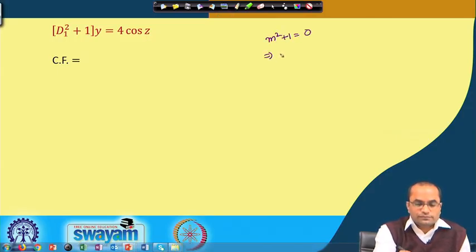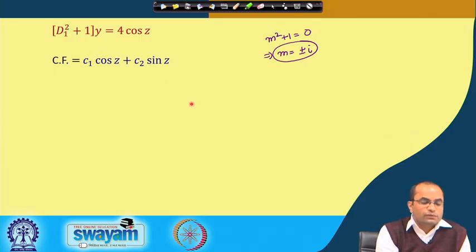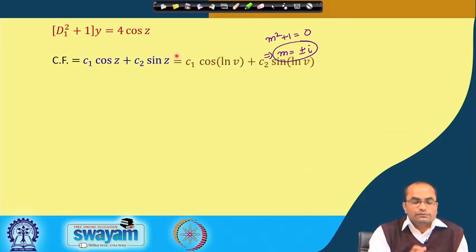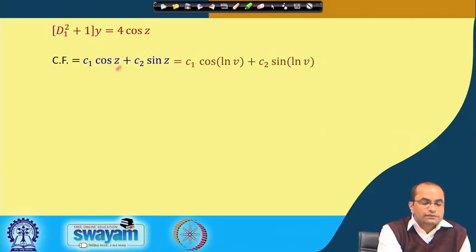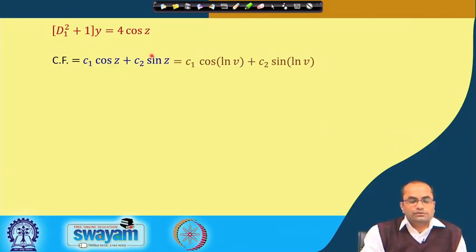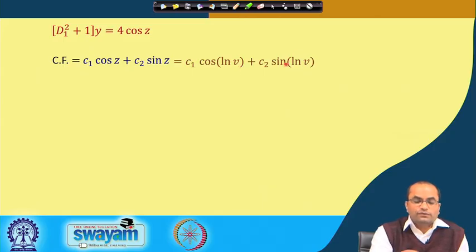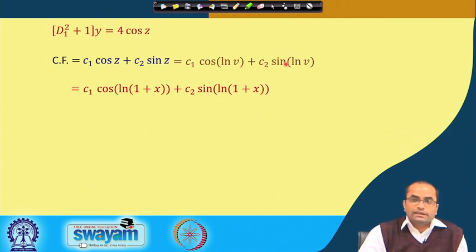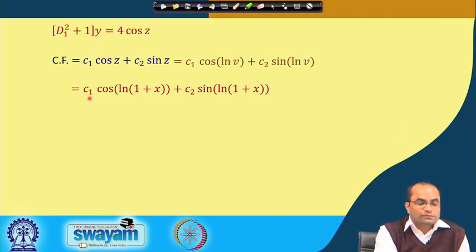that is m is equal to plus minus i. So, with this auxiliary equation we can write down the solution in terms of z. Because e power 0 will be 1, we have C1 cos z plus C2 sin z, that is the complementary function. Then this z here must be replaced back to the original variable. So, z was ln v, and this v was also 1 plus x in the earlier substitution. So, we have to get back to x. So, the complementary function will be C1 cos ln of 1 plus x